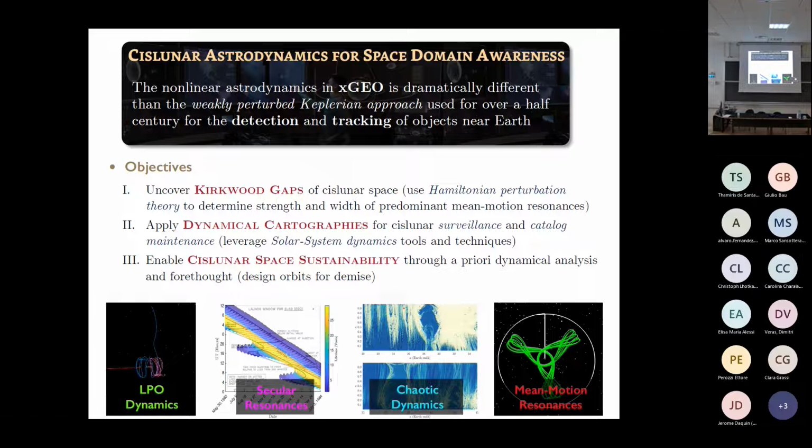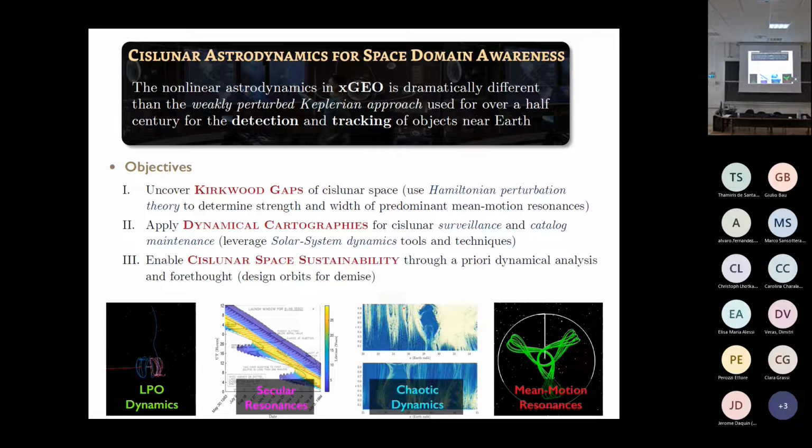If we understand the transit and visit rates of these objects in the phase space of the orbital elements, we can use this for space situational awareness and domain awareness for purposes of tracking and maintaining the catalog. And lastly, just like our near-Earth, circumterrestrial domain, it's important to have a little bit more forethought in the design and operation planning of missions, because we want to avoid the unfettered debris growth that has plagued the traditional zones. And of course, the dynamics are very chaotic and complicated, so it's more important to have a characterization of these as we go forward.